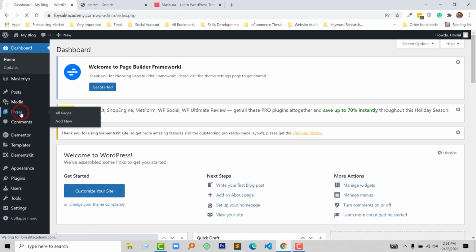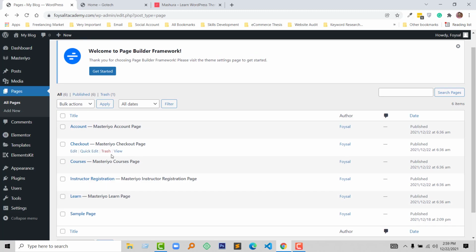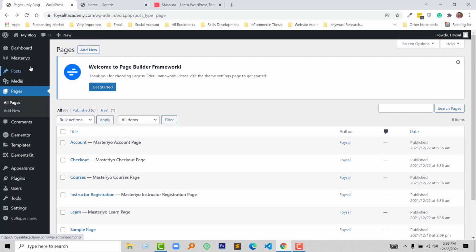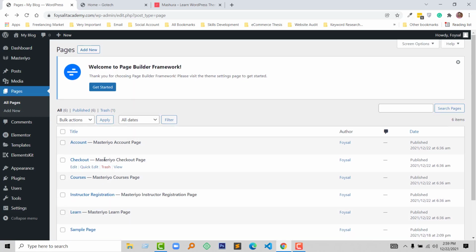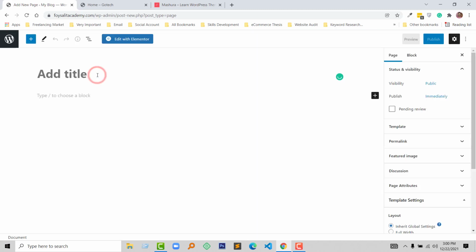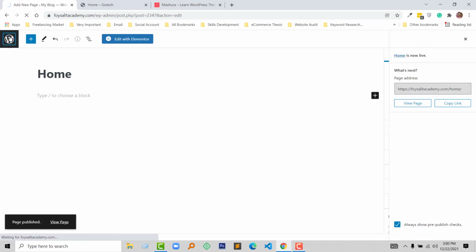Click on the pages and I see there are already a few pages automatically created or generated by activating the plugin Masteriyo for learning management. And now I'm going to add more pages for my website, for example home, about, contact, blog. So just click on add new, page title home, click on publish, go back to the dashboard, then